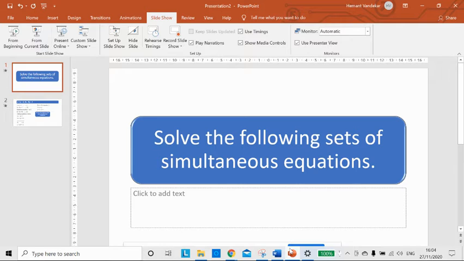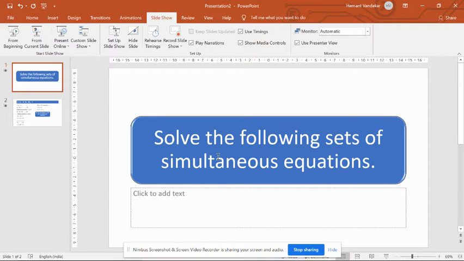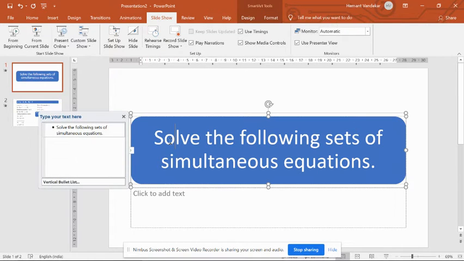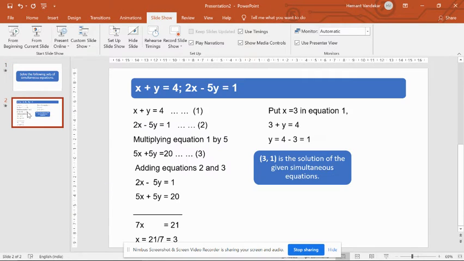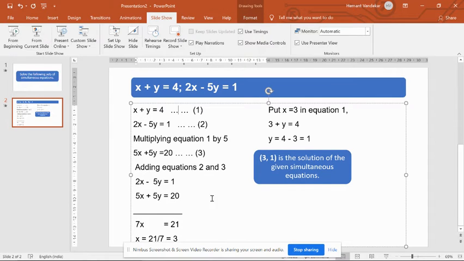In my actual conversation with you, I had shown you these slides, and now as you can see in PowerPoint, I have made these slides. I have put in some text, that is, we are going to learn about simultaneous equation, and I have put in one equation. This entire equation is in two columnar format.